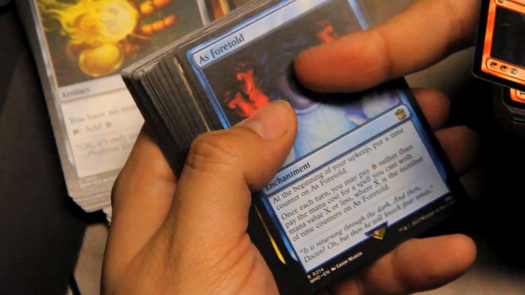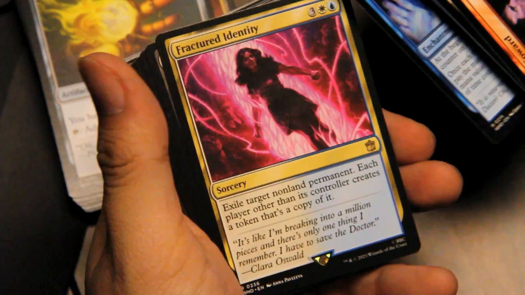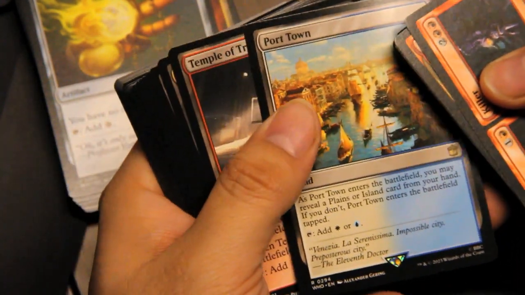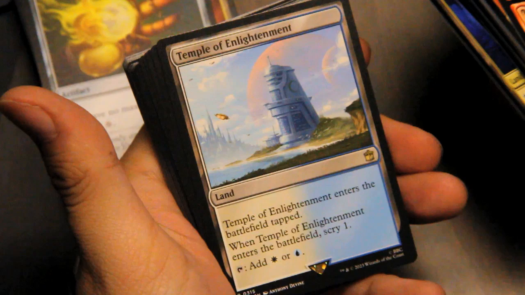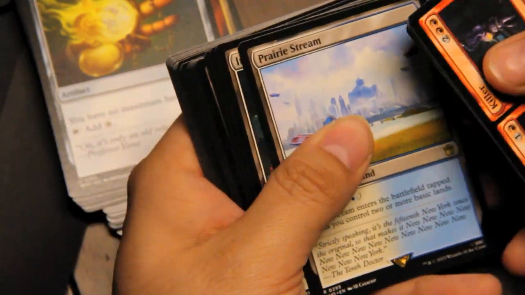are not new cards but just Doctor Who art and flavor text for reused cards, because some of them are certainly that. Fractured Identity, Port Town, a lot of the lands are. Temple of Triumph, Exotic Orchard, Temple of Enlightenment, Prairie Stream,